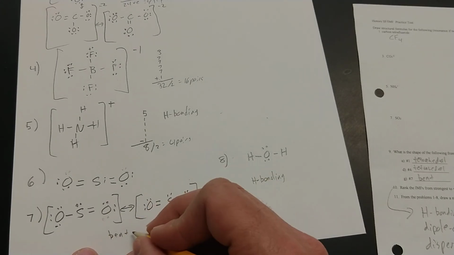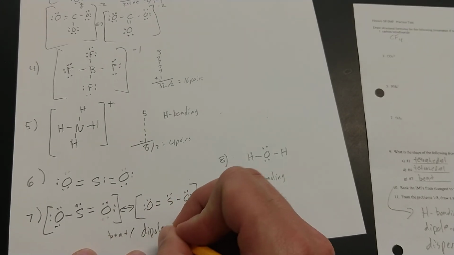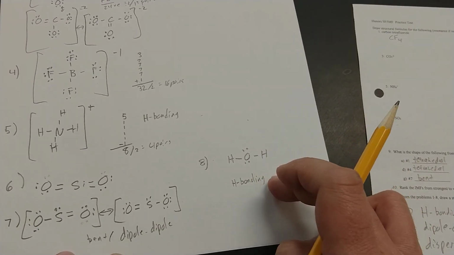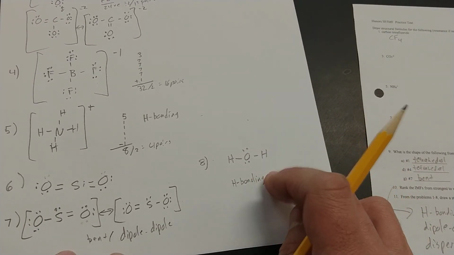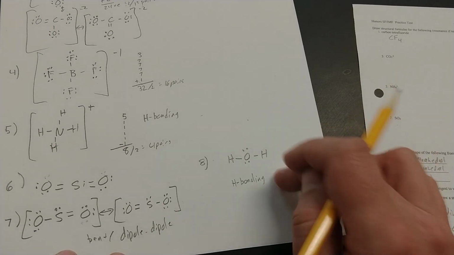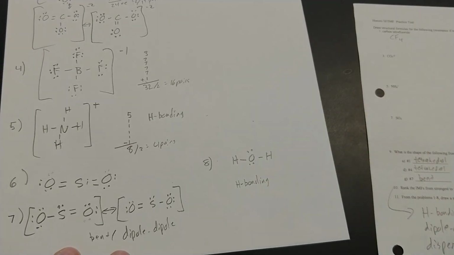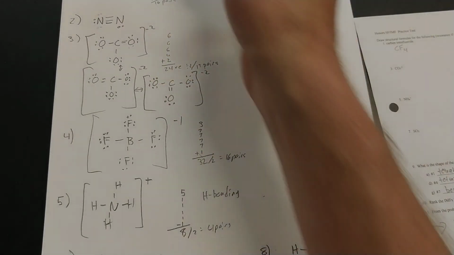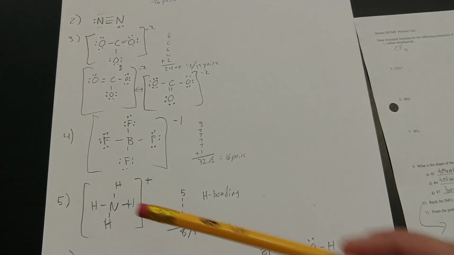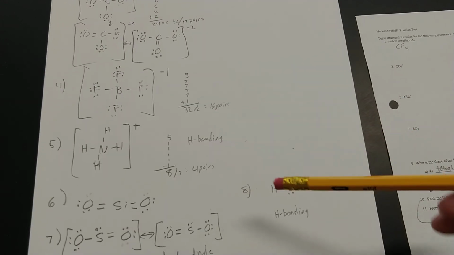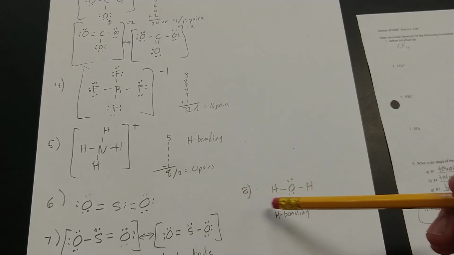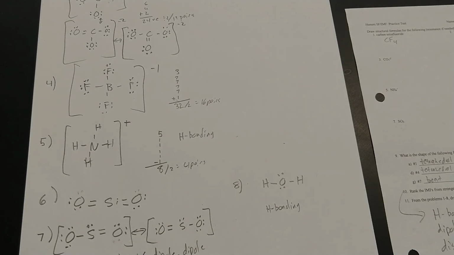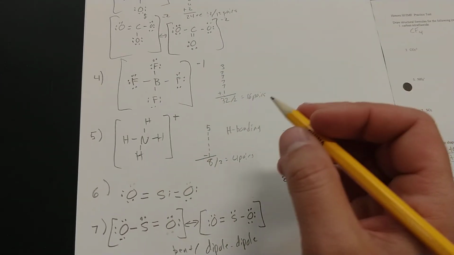So this one, since it's bent, it has dipole-dipole. Now this one has dipole-dipole as well, but hydrogen bonding is stronger, so that's the strongest force present. And then everything has dispersion forces. So all the molecules have dispersion forces, and if it's not dipole-dipole or hydrogen bonding, then dispersion is the strongest force. So the ones that are polar compounds are going to be,